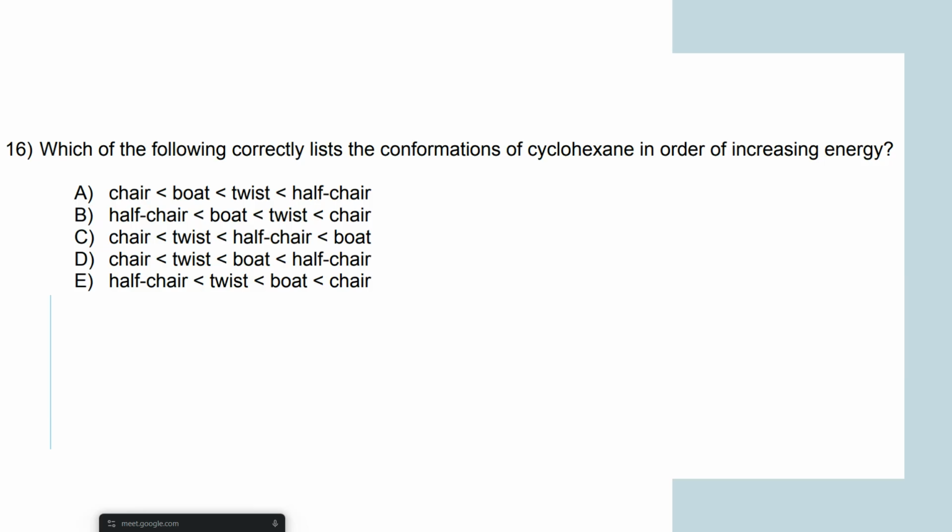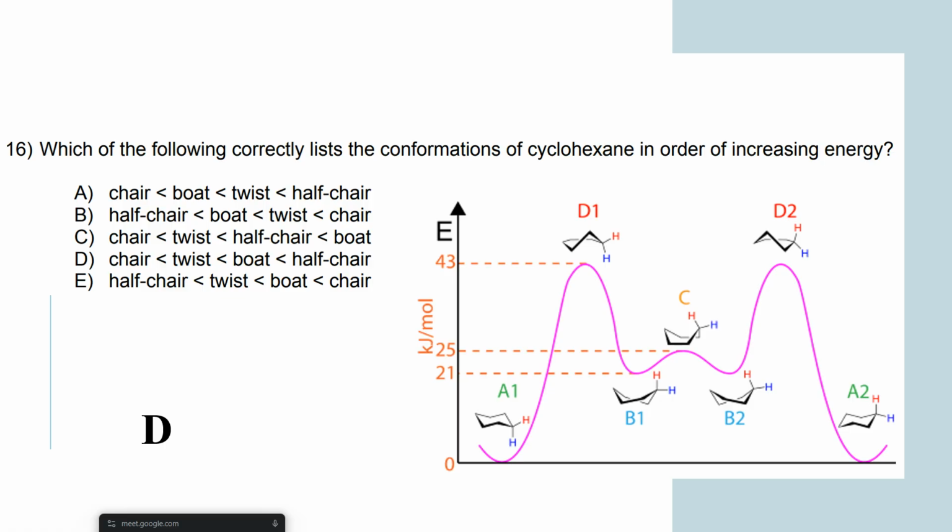Let us move to the next question, which is now going to talk about the different conformations of cyclohexane and their energy. So this will involve the energy profile diagram for cyclohexane conformations. I hope you remember the different conformations for cyclohexane, which were chair, half chair, boat and twist boat. So for reference, I have listed down the possible conformations for cyclohexane. If we start from the chair conformation A1